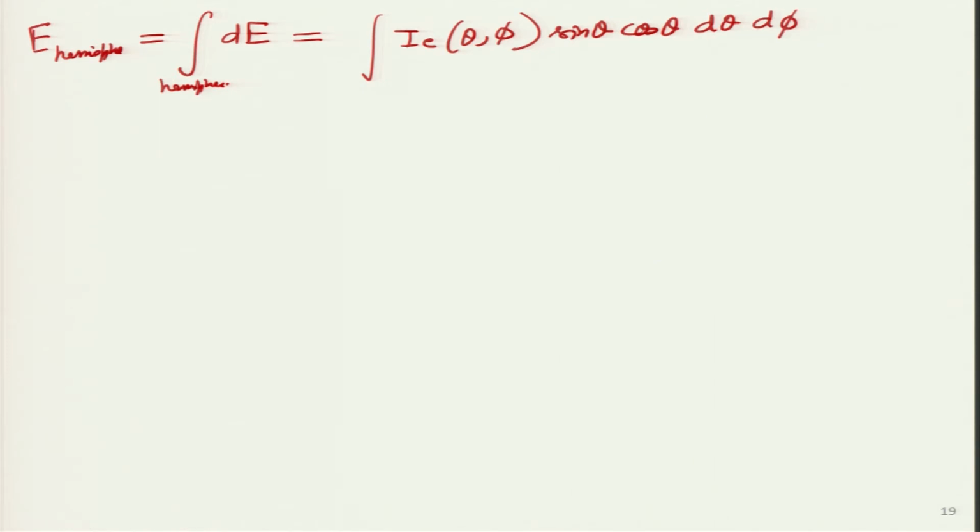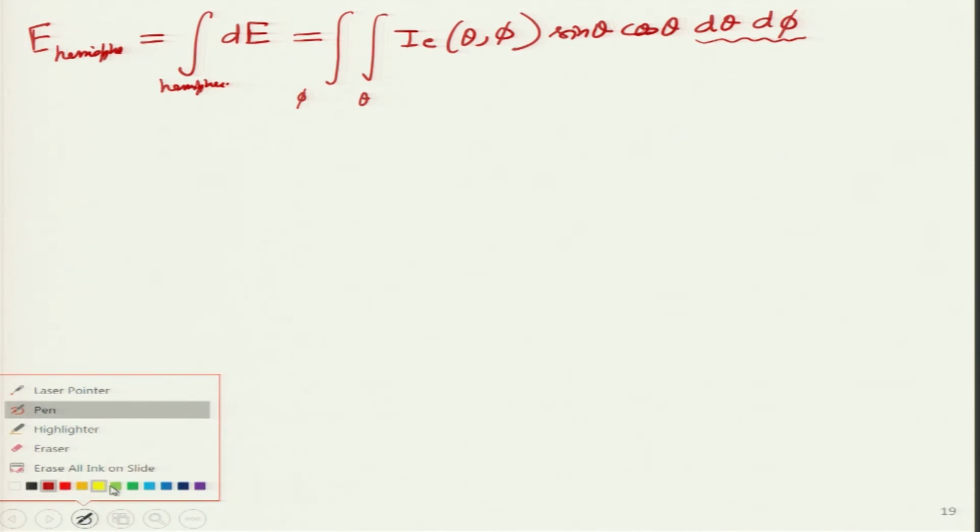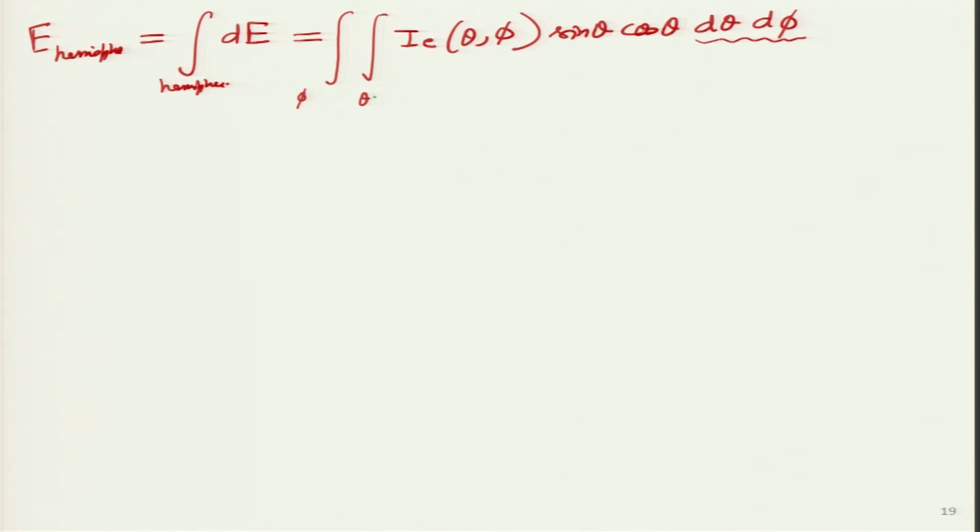Now, I will ask the question to students that actually I am doing a double integration. Why? Because I have d theta and d phi. So, I have to put two integrals in front of it. In one I am integrating theta and in one I am integrating phi. For theta, what are the limits for the hemisphere? The way I put it is from 0 to pi by 2. And what are the limits for phi for a hemisphere? It is 0 to 2 pi.